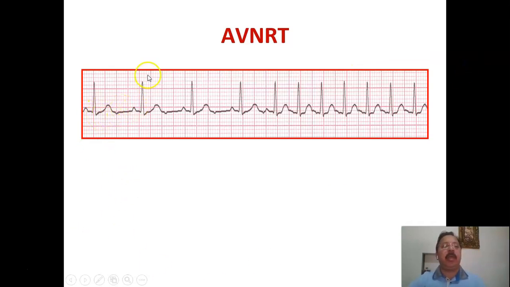There is a P, QRS complex, and T. So it means these impulses, the 1, 2, 3, and 4, are coming from the sinus node. But the fifth impulse has a different shape of P wave, and this is not coming from the sinus node. It's coming from some ectopic focus in the atria, and this ectopic focus is strong enough, it took over